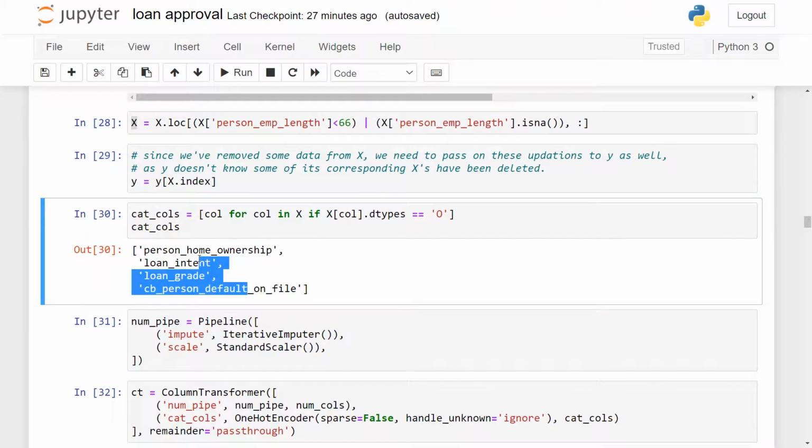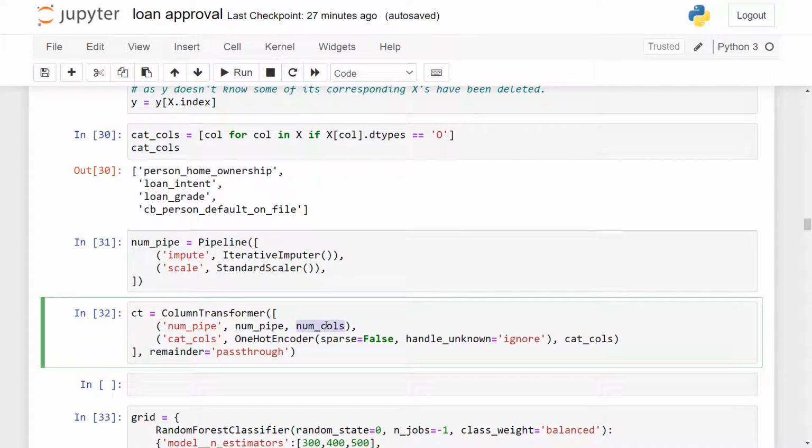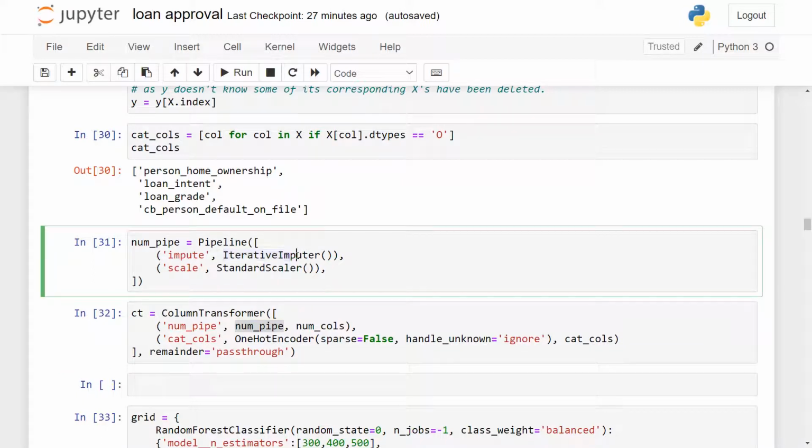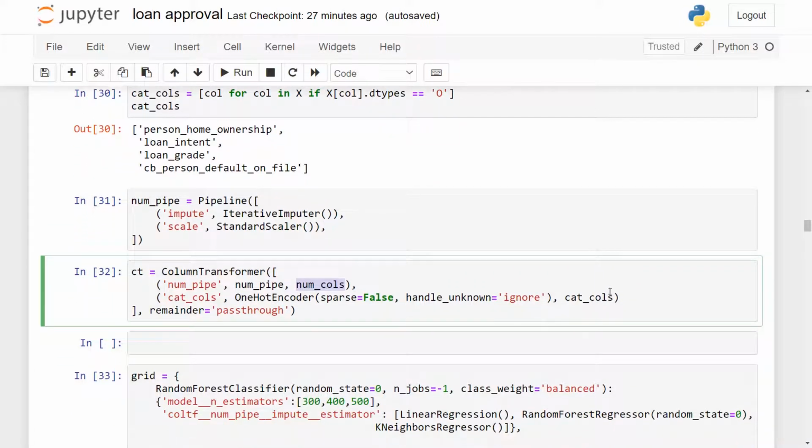Okay, and these are the categorical columns now. And now comes the column transformer. On the numerical columns, as we have seen before, we have only two columns with missing values, and both of them are numerical. So we need to handle them. Now, how do we do that? Well, we'll pass a pipeline into this column transformer, and in this pipeline we will pass in two successive steps. First will be an iterative imputer, and the second will be a standard scaler. So it will first impute all the missing values and then scale the entire columns, each numerical column. And for the categorical columns, since we do not have any missing values, we'll simply one hot encode them.